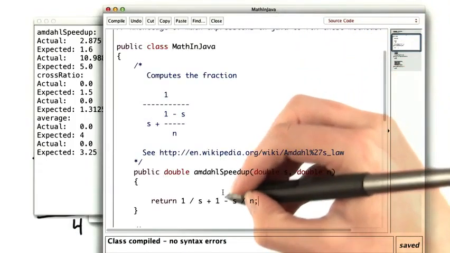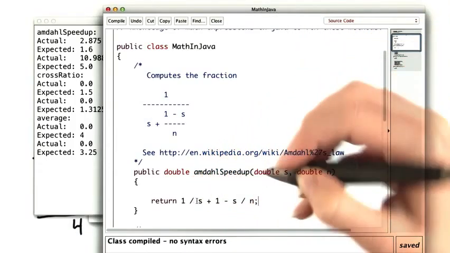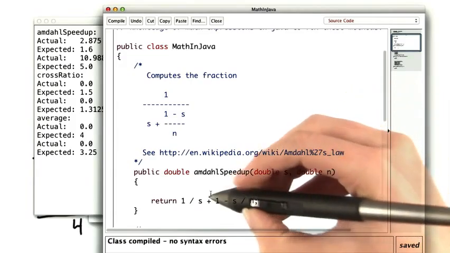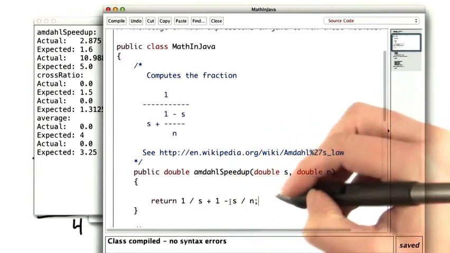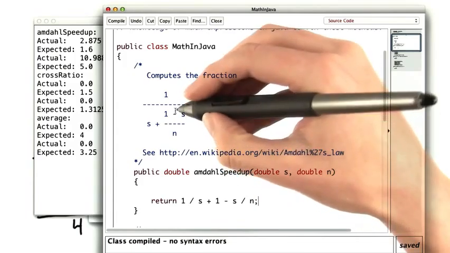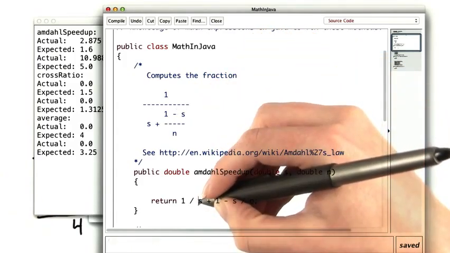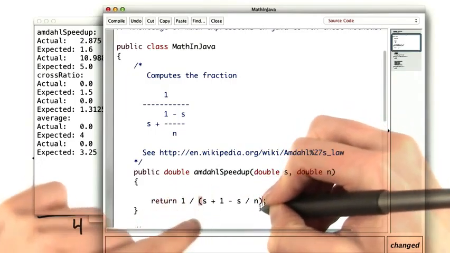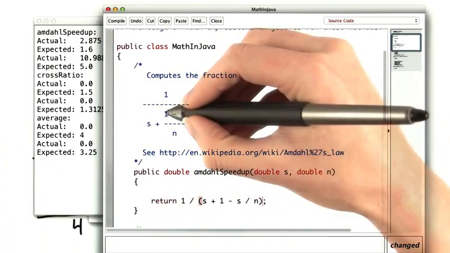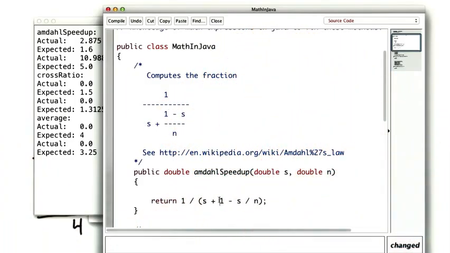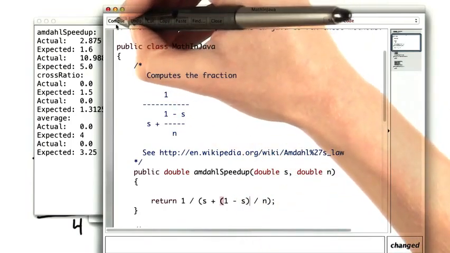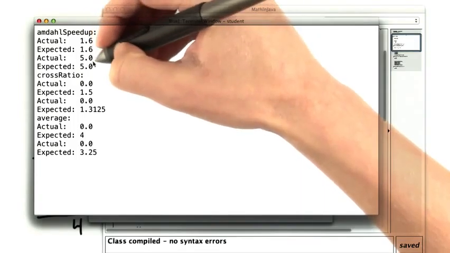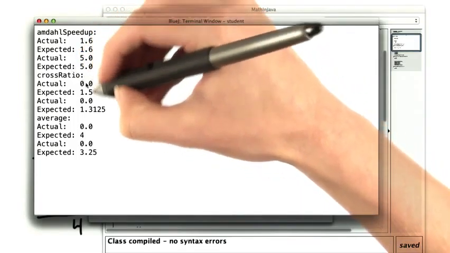Right now, this is doing the divisions first, so 1 over s and s over n, and then the additions and subtractions in the middle, and there's no real sense of the fraction that we started with. This whole piece, from s to n, should stay together in the denominator. And the 1 minus s needs to stay together in its numerator. Let's try this again. All right, looks like Amdahl speedup is working,